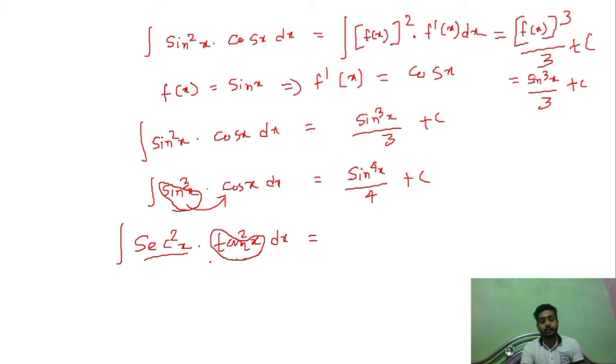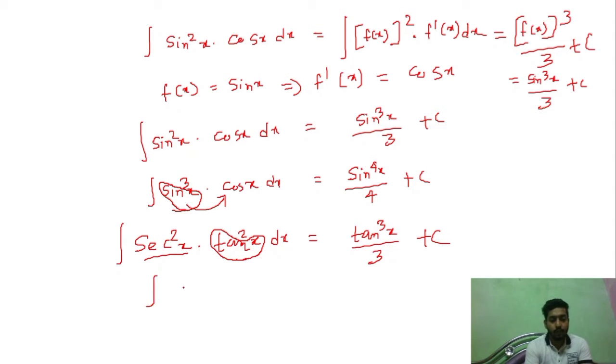So we can treat the function as x. So tan x, treat tan x as x. So here it is tan x squared. So the integration will be x³ by 3. So that will be tan³x by 3 plus c. So this is the way to find this type of integration.